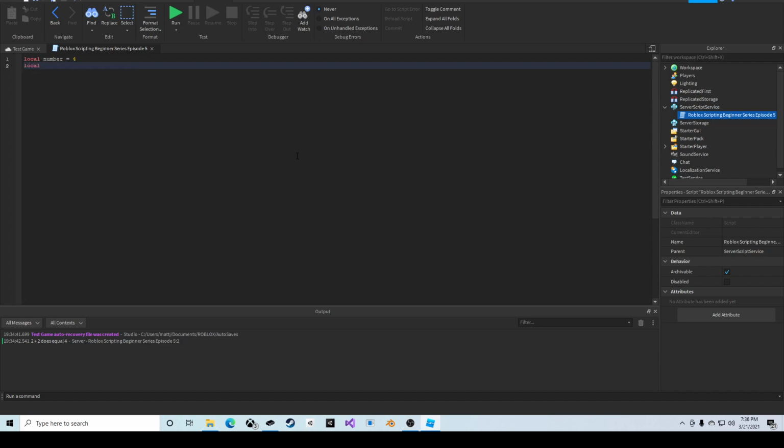We'll make another variable, local other number. And for good practice when you're writing variables, if you have 2 words inside of it, the first word should have a lowercase starting letter, and any word after that should have an uppercase starting letter, just for good practice. And we'll make our second number equal 5. So let's make an if statement and let's do some multiplication. So if 4 times 5 equals 20, then